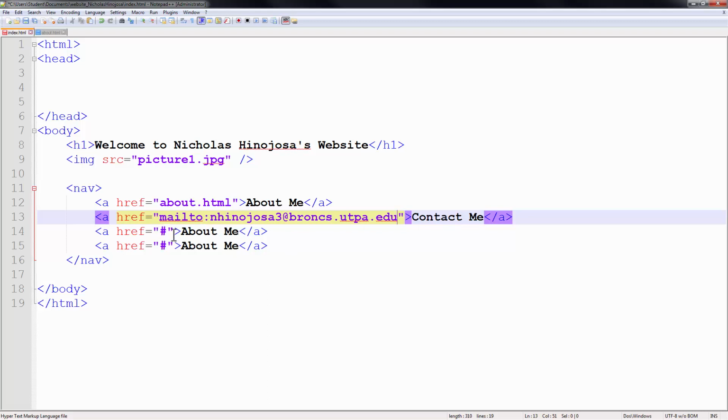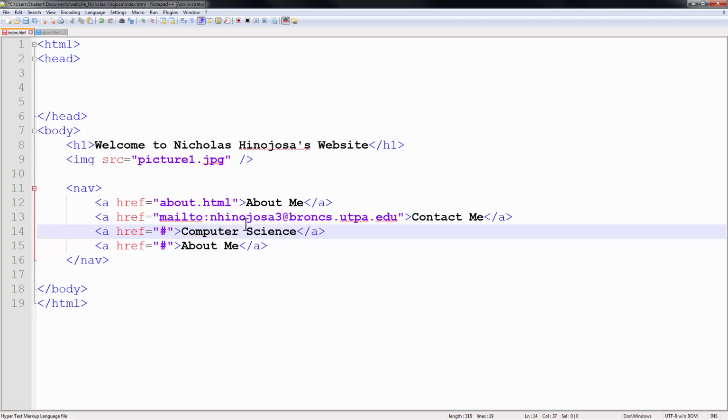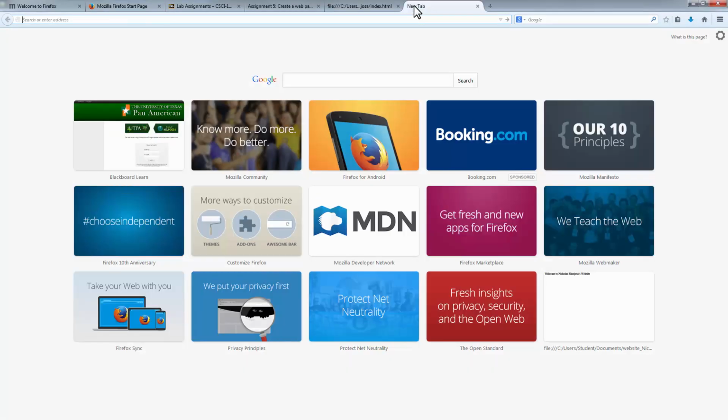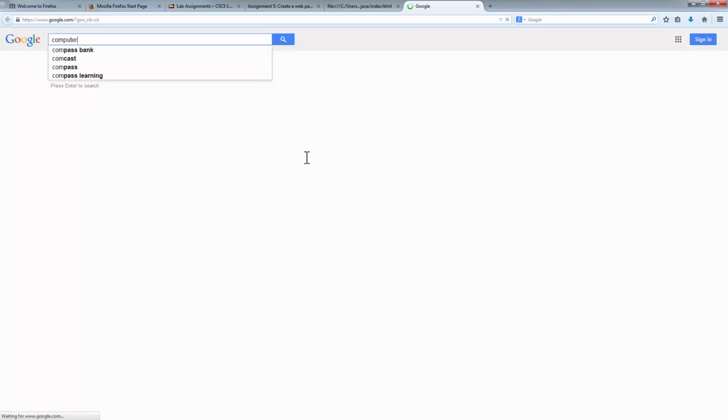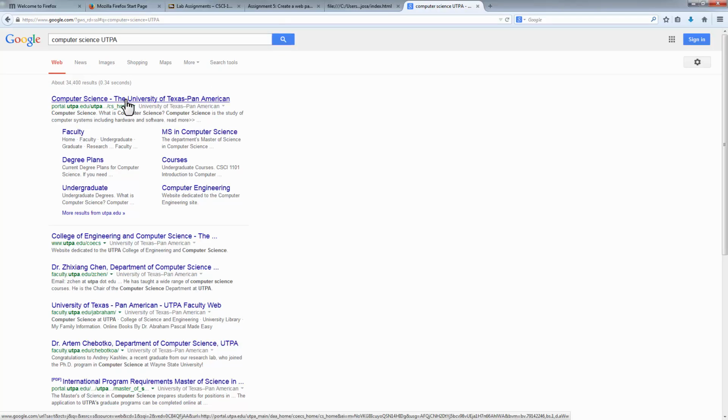The next thing we'll need is an absolute reference that will take us to the computer science website at UTPA. If you don't know the URL for the website, we can get that from Firefox, right? We can just open up Firefox real quick, open a new tab, do a Google search, and type computer science UTPA, hit search, click on the web page,